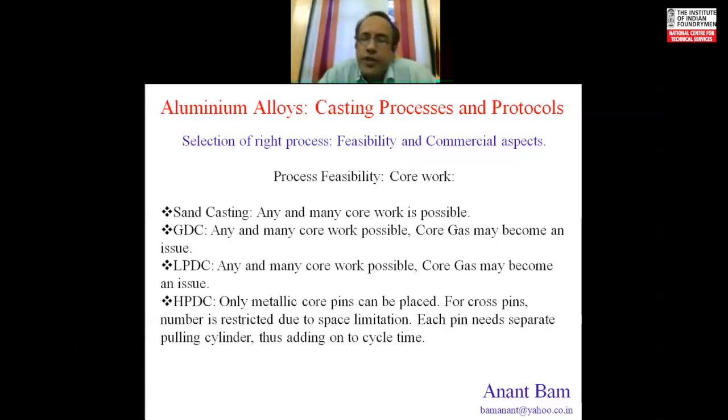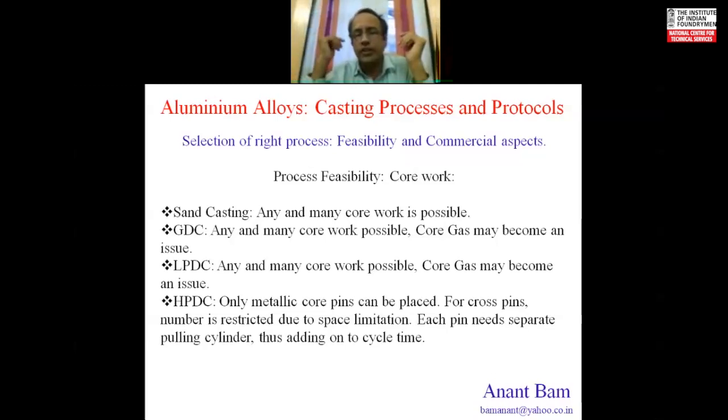For high pressure die casting, only metallic core pins can be placed. And if you have to place cross pins, that is, perpendicular to the axis of the component, if you want a cross bore, you need a separate extraction mechanism for each and every cross pin. So the number of cross pins is limited because the total cycle time gets restricted by operating all these cams or